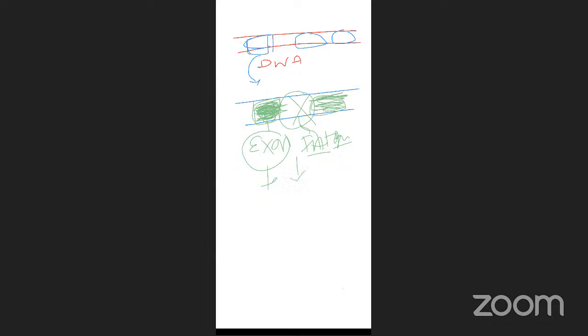Now introns should be removed. That means after removal, I will tell you how they are removed. After removal of these introns, where the introns are present, they are removed during the transcription process. During the transcription process, I will tell you clearly in protein synthesis. Okay? But after removal of the introns, the structure would be